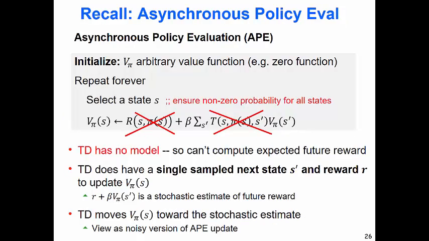And it turns out that if you run this algorithm and you replace this true expectation with noisy estimates based on sampling each time, this will still converge. It's more complicated to get into, but there's a whole theory of convergence of stochastic algorithms. And this will converge with probability 1, which is pretty much the strongest form of convergence,